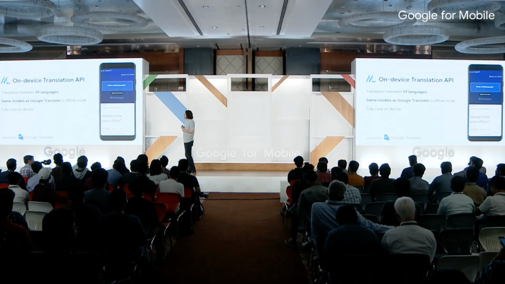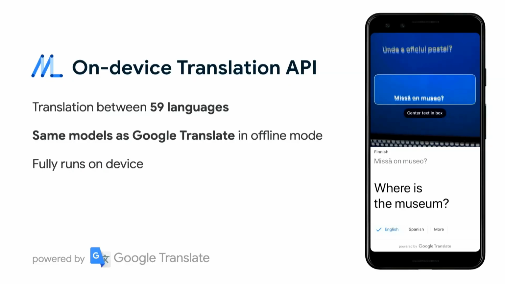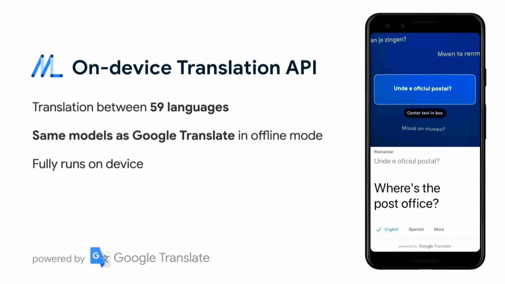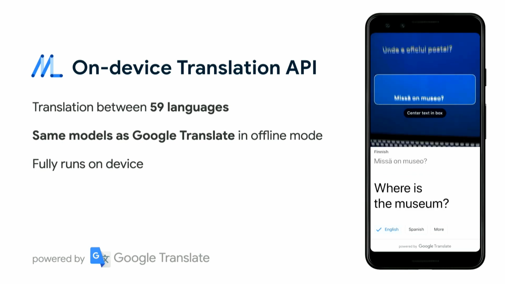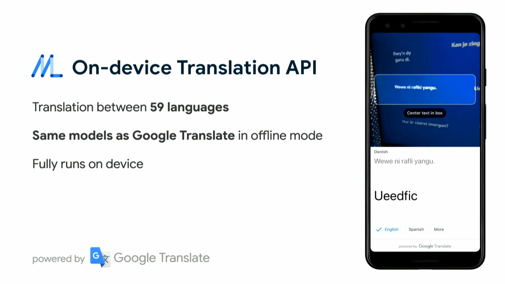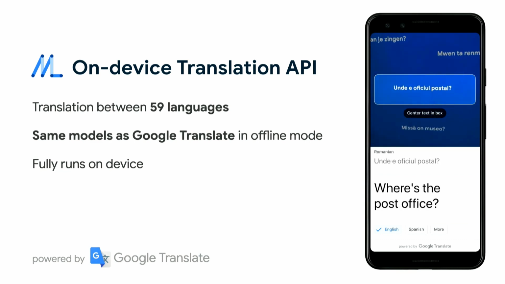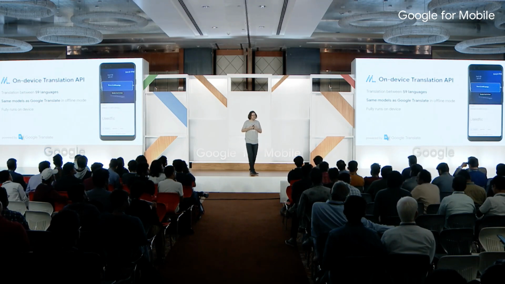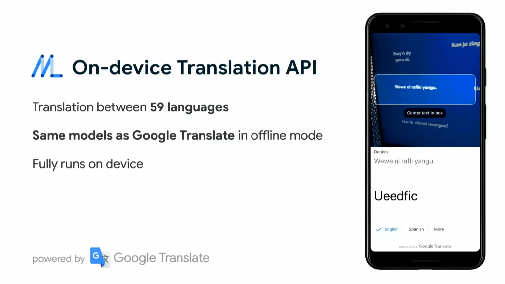And then lastly, I want to talk a little bit about on-device translation. We worked very closely with the Google Translate team, and they already supported on-device translation for a while. So when you're offline, it still works. We thought it would be great to provide this capability to you as developers as well. So we support translation between 59 languages, and it uses exactly the same models as we use ourselves in the Google Translate app. And this fully runs on device. So you can create experiences like you see here on the right-hand side, where you scan text in real time, detect the language, and translate it to any language of your choice, at least as part of the 59 languages.